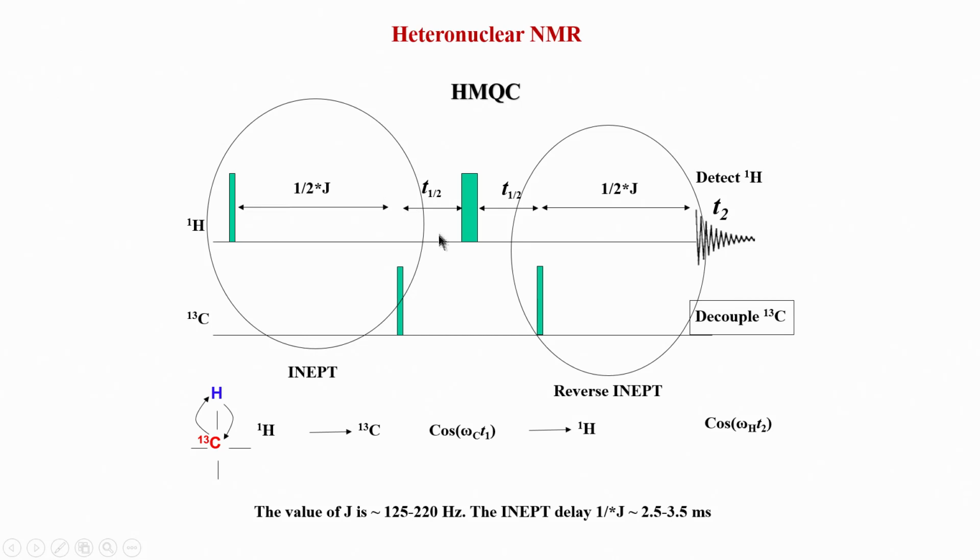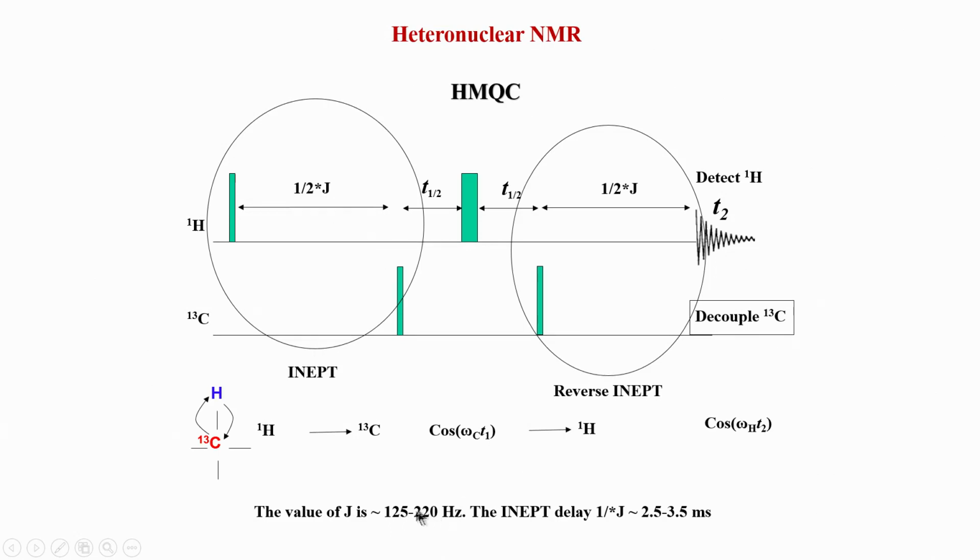As I said, information-wise it is similar to the 2D HSQC experiment which we have seen. Similar to that, it has 3 different blocks. The first block is the INEPT block, which is slightly different from what we saw in HSQC. It does not contain these 180 degree pulses here, but the idea is similar to HSQC: you transfer the polarization from proton to carbon using this delay period, which is 1/2J, and this J is set according to the coupling constant, which we saw varies from methyl to aromatics.